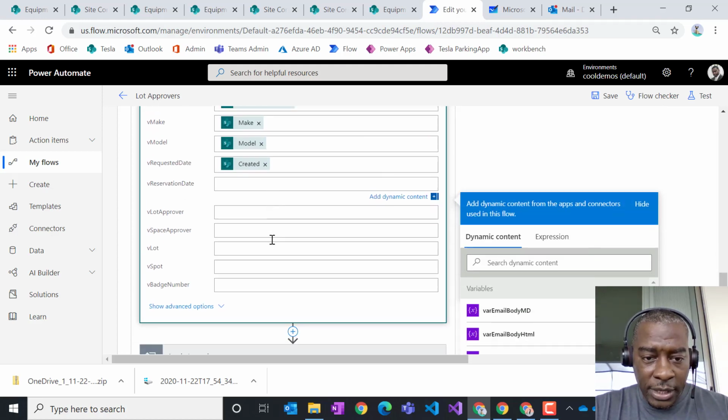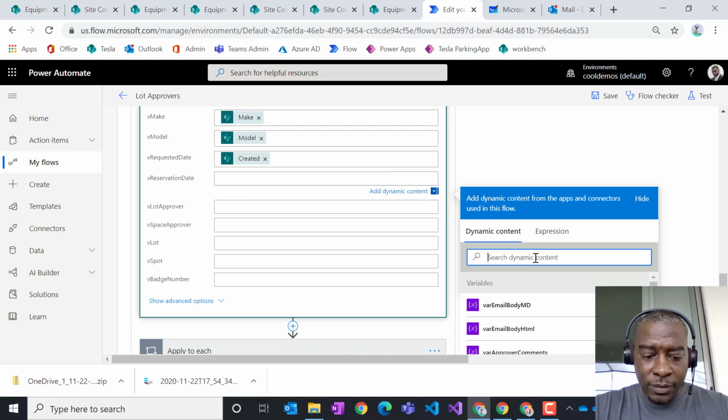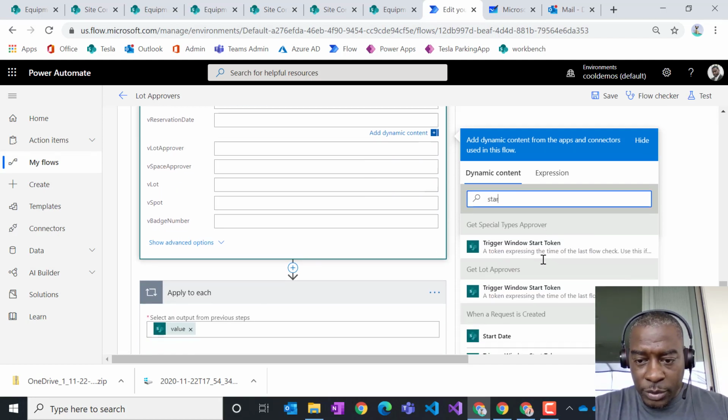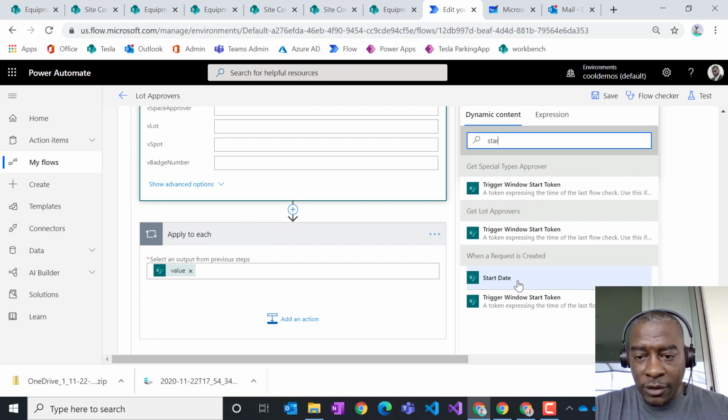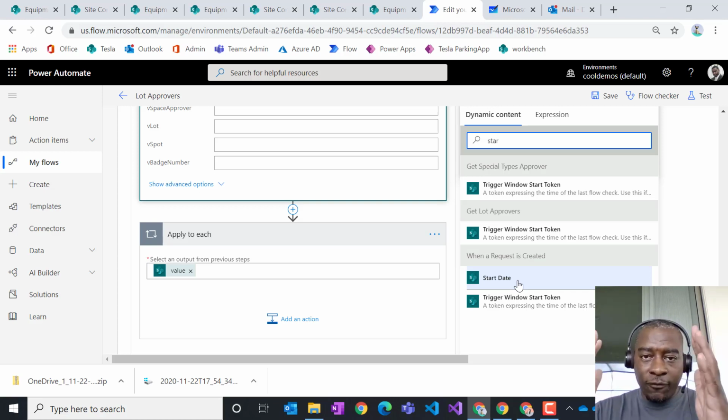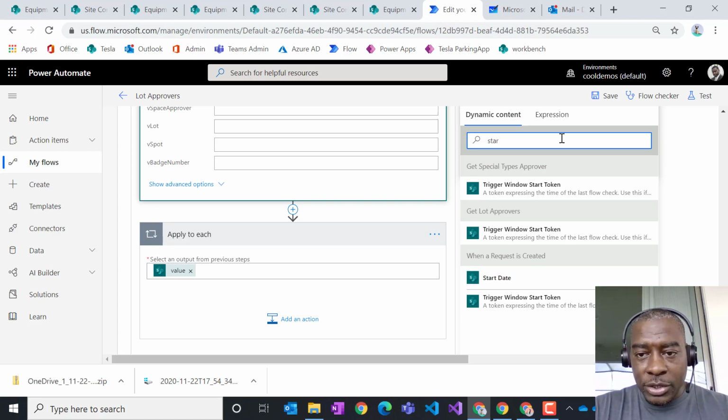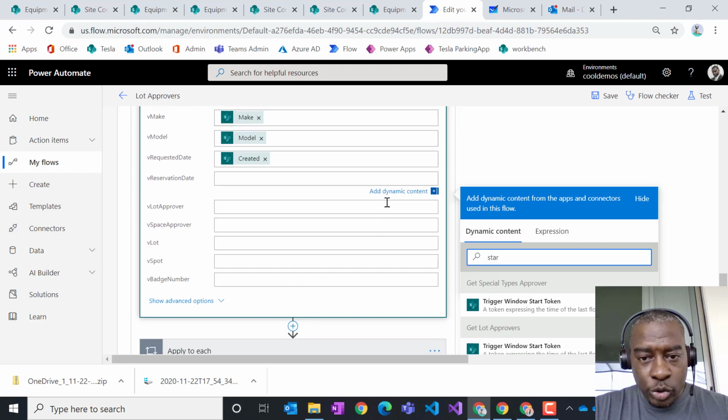And then the reservation date. Now, the reservation date on the request piece is going to be start. Now, here's an example of where I want to format this, right? If you remember my template, I had a really nice, beautiful date format that has the day of the week, the full month spelled out, and all this other good stuff. So what I'm going to have to do is drop in an